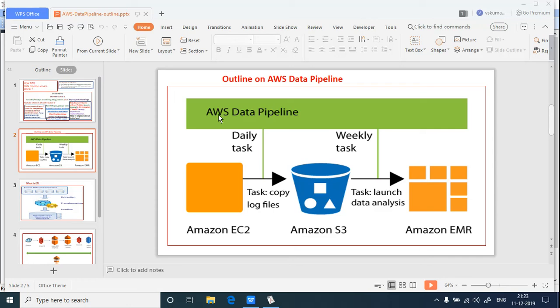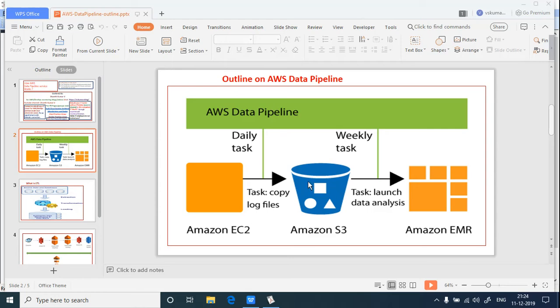If we take AWS Data Pipeline, it takes different data pieces from different sources, and that task is going to be scheduled through Data Pipeline, and it executes through EC2 virtual machines, or it can execute from RDS databases also.